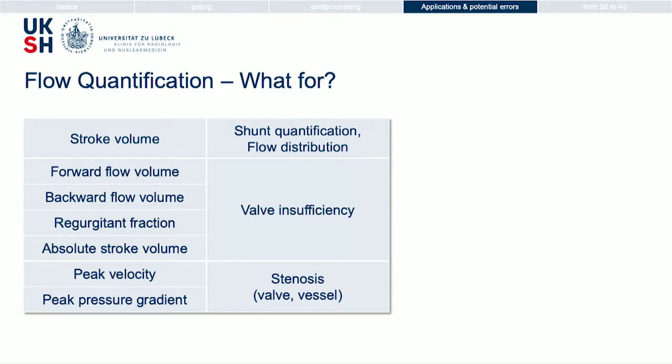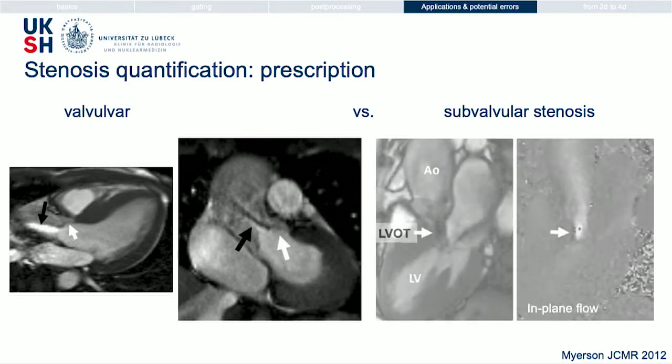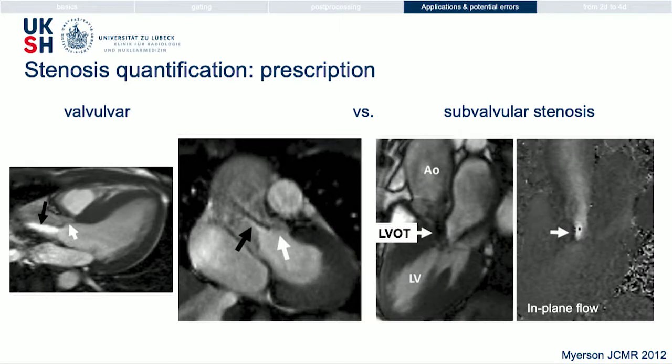Peak velocity and peak pressure gradients are very interesting for stenosis quantification, not only valve stenosis, but also vessel stenoses. And to quantify these stenoses, you want to measure the peak velocity. But to measure the peak velocity, you first need to find the space where the peak velocity is. So there are different stenoses. The most common are the valvular stenoses, and you see the stenosis jet here. But there are also subvalvular stenoses, for example, in hypertrophic cardiomyopathy. And you can see the stenotic jet just beneath the aortic valve